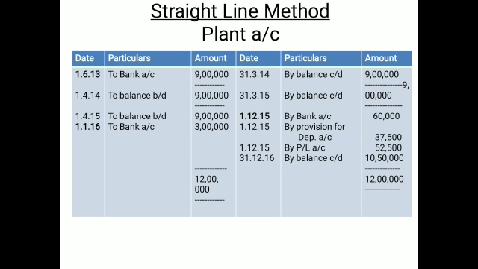So when you are not preparing the disposal account, the provision for depreciation will be shifted to the plant account, and when it is shifted to the plant account, the sale value and the profit and loss will take place in the plant account. But if you are making the disposal account, then the value of provision is shifted to the disposal, and then the bank, provision for depreciation and profit and loss will be shown in the disposal. Here you have to see only the value of 1,50,000 transferred to the disposal. So this is the scheme.